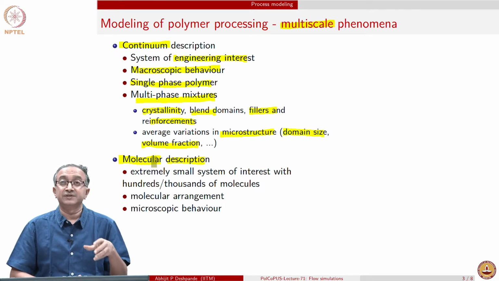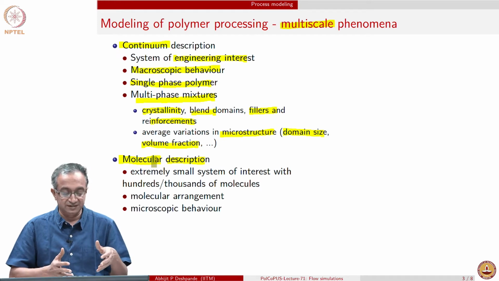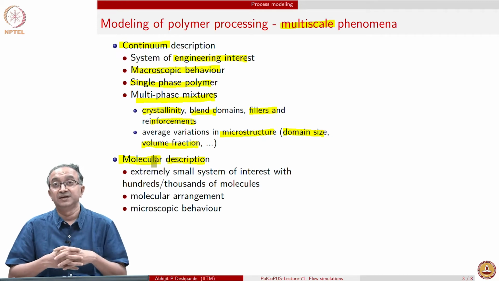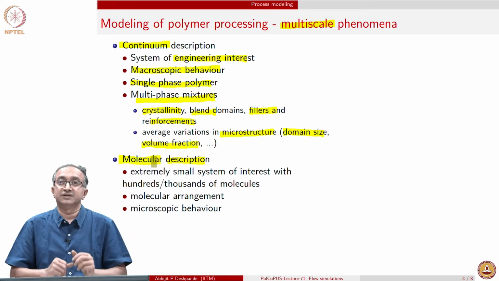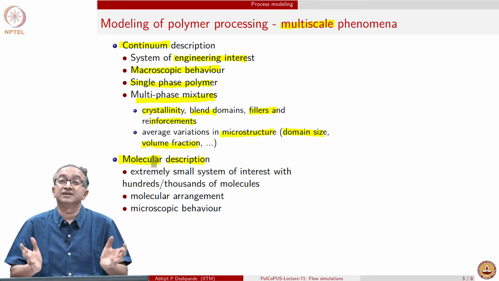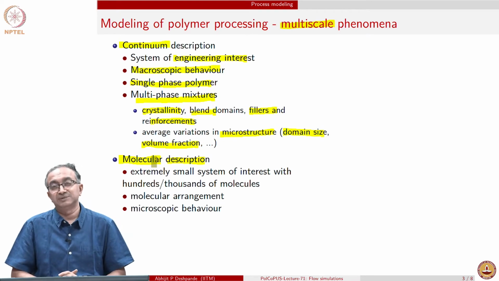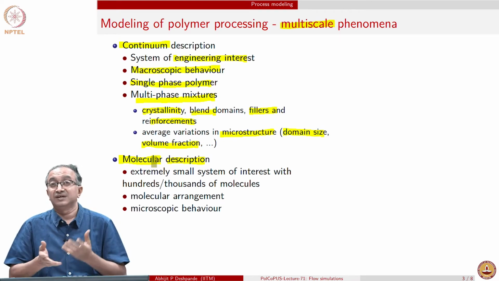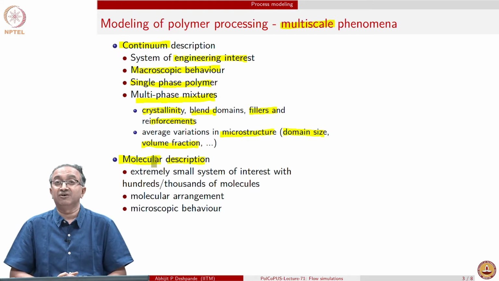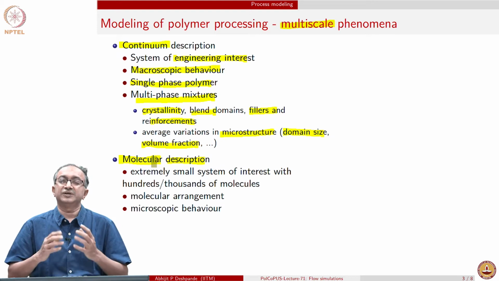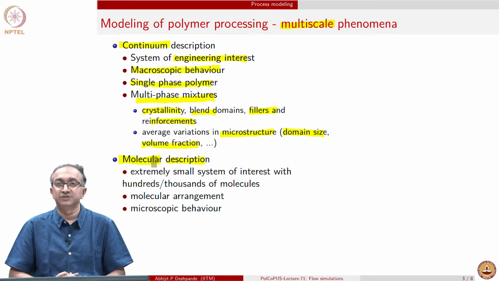The problem with this kind of approach is that we have a very small system that we can deal with. Even with all the advances in computation, it is still not possible for us to do a very large system, because the sheer number of molecules involved is extremely large. I hope you recall that Avogadro's number gives you an idea of the number of molecules per mole, and any engineering system will have some moles of material. So, you are looking at very large quantities of molecules to be simulated.